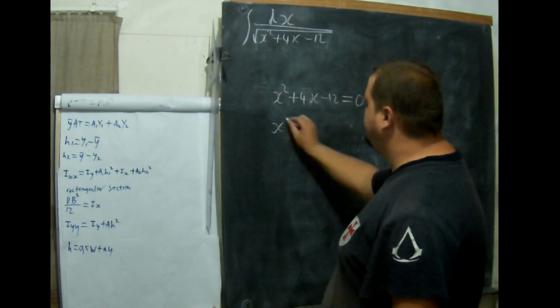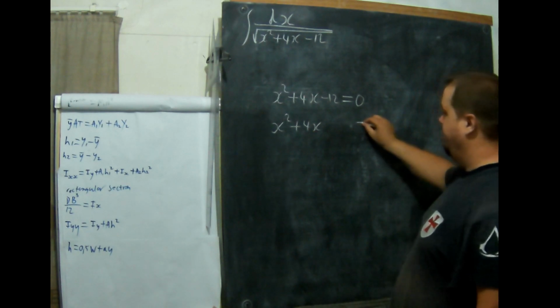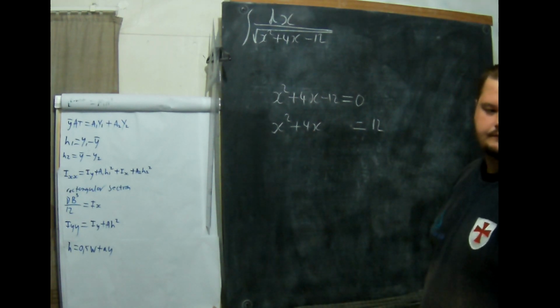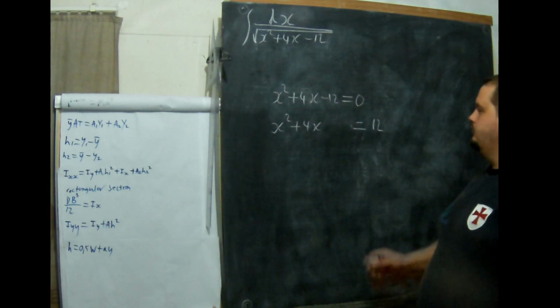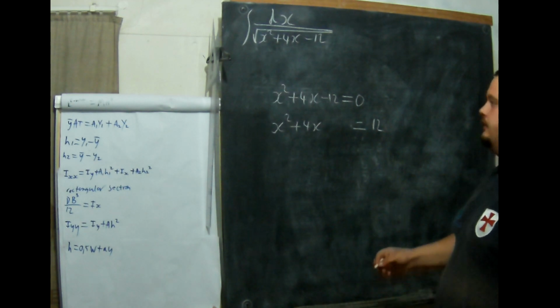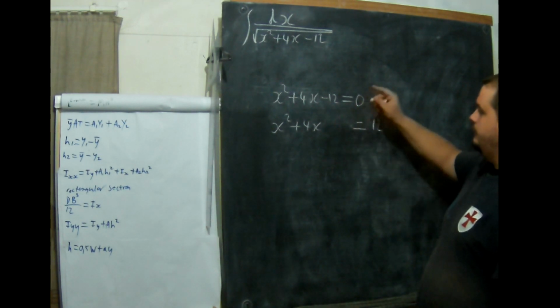So we've got x squared plus 4x, leave a space, equals 12. Now, in the space, what we're going to do, the formula for what comes here,